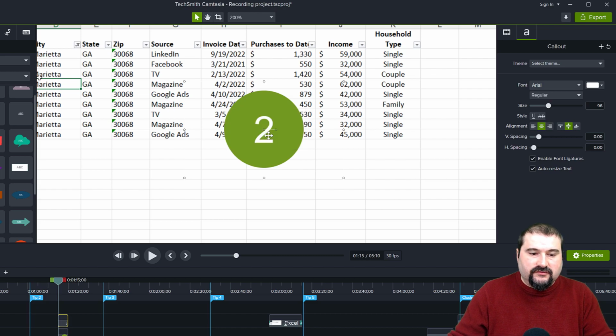Let's type number 2, because this is the one we're doing now. It doesn't really have to be done in order. This is just an example. So I'm going to select the number 2 and make it bold. And one thing to make sure is that this is aligned to the center.